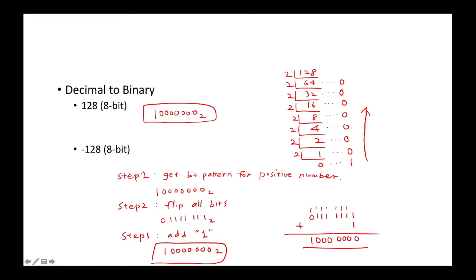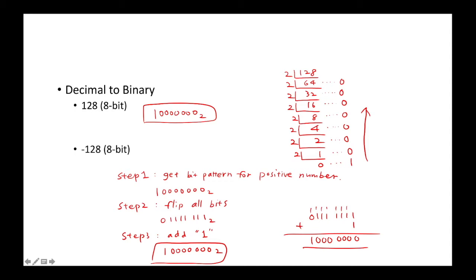What about the negative integer negative 128? We encode it using 2's complement, but the previous method does not work because we have to take care of the sign bit. Luckily, there's a simple 3-step trick. First, we get a bit pattern for the positive version, 128 in this case. Then we have